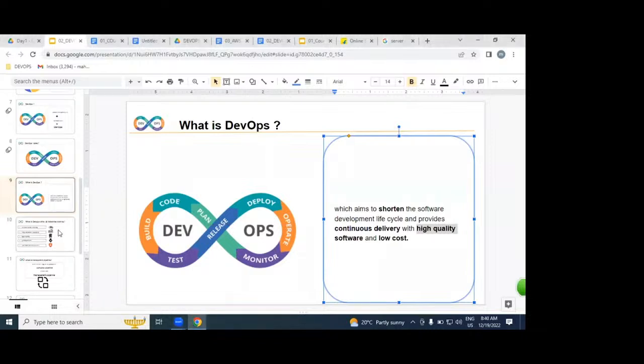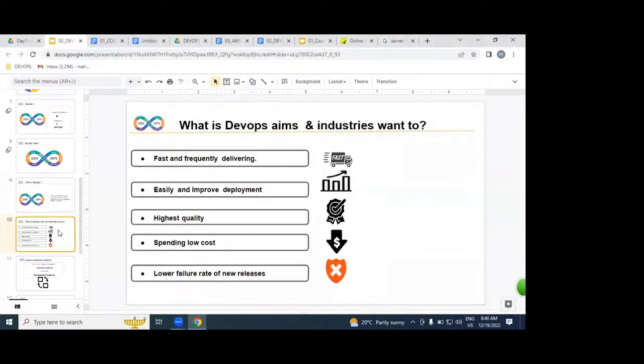If we are replacing our SDLC process with a DevOps process, what are all the advantages exactly? What exactly does DevOps aim for? We are able to deliver very fast.